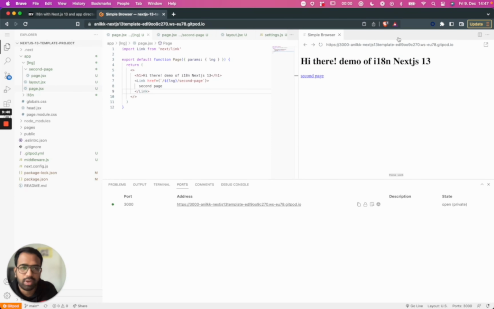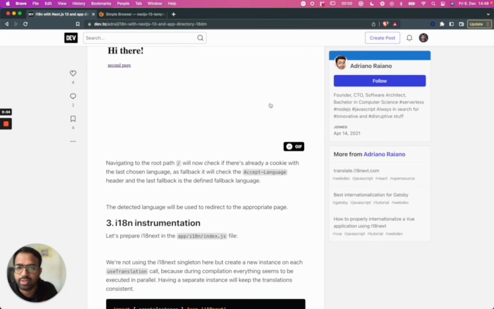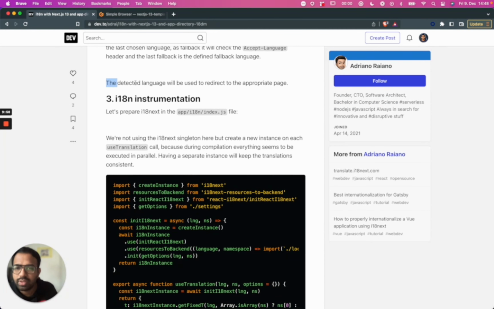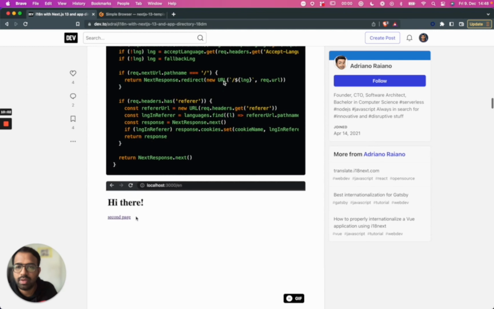Or we can also check out if this works. EN, or if it's DE. Okay. It's going to figure out how to get this, the internationalization part. So the detected language will be used to redirect to the appropriate page. That's what we saw on the